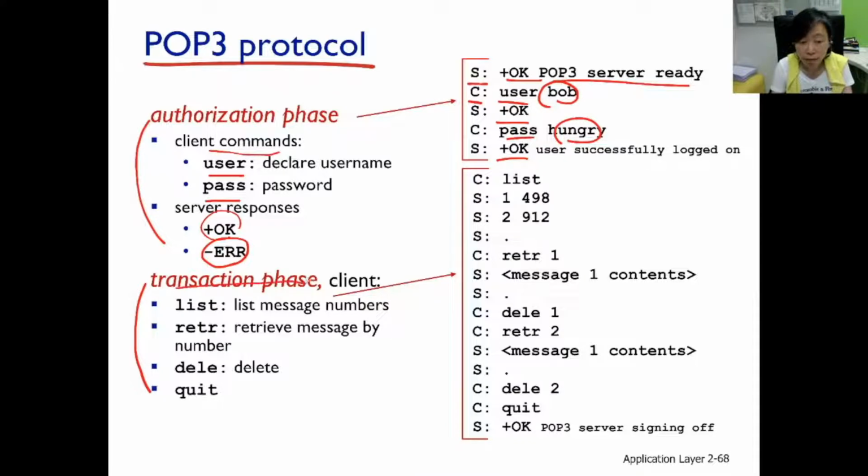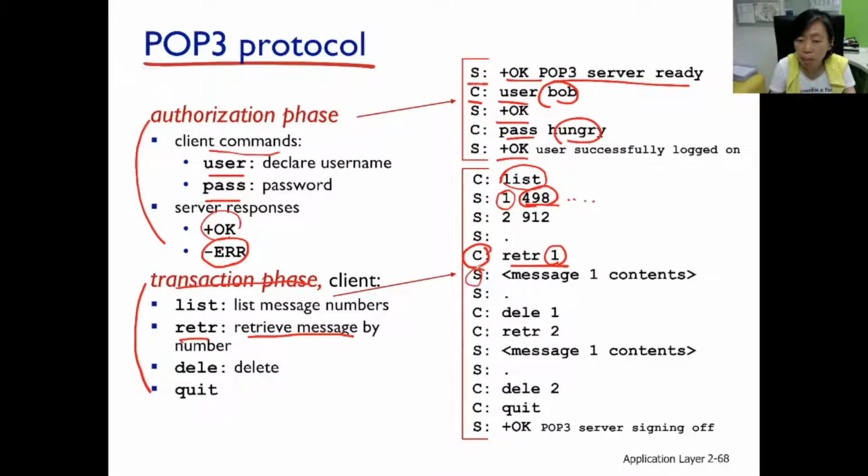And in the transaction phase, this is where the emails are actually retrieved. So the client sometimes says this, LIST. This is to ask the server to tell back the list of emails there are. So this is more the index of the emails, and a lot of times just contains the file size and maybe the subject line. Right? It's only when the client begins issuing a command like this, RETR, that it retrieves messages. So RETR 1 indicates that it's retrieving this email. So this is the index of the email, the size of the email, and there could be other information.